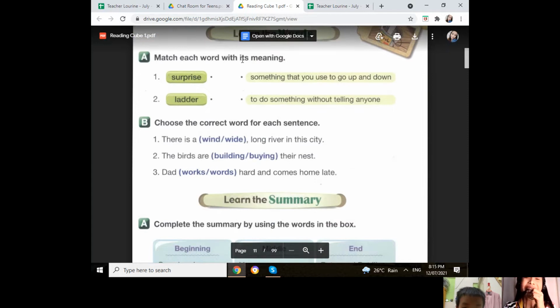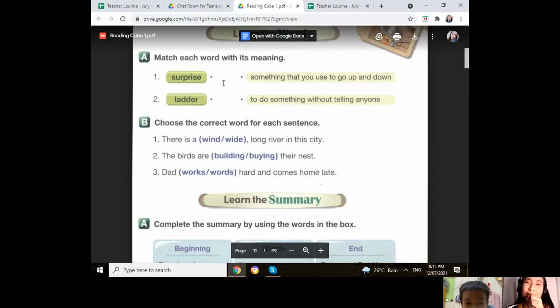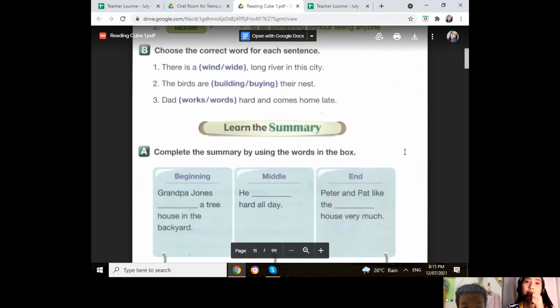Match each word with its meaning. Okay, number 1, surprise. To do something without telling anyone. Yes, of course. Why would you tell somebody if it's a surprise? So number 2, the meaning of ladder: something that you use to go up and down. I see. So it's very useful actually. So letter B, choose the correct word